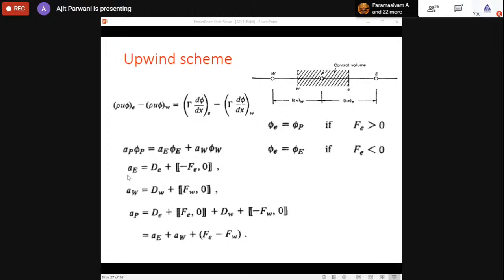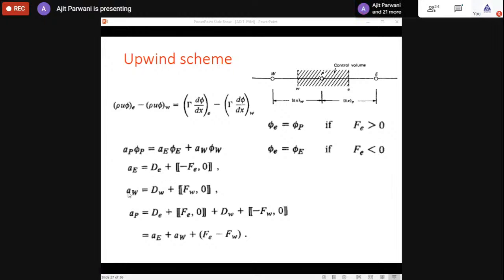But now the question is whether this upwind scheme will give the true solution or not. It will give an approximate solution, because whatever solution you get out of a computational technique is an approximate solution. Why is it approximate? Because we have assumed a profile function, and the other things that we have used. So therefore you do not have an exact solution. You have some kind of approximate solution.